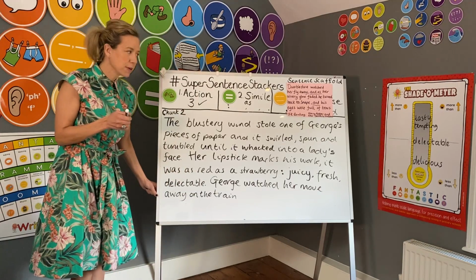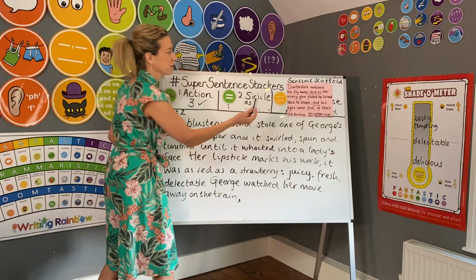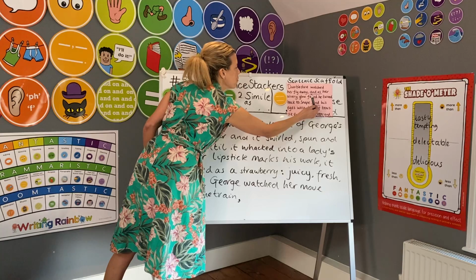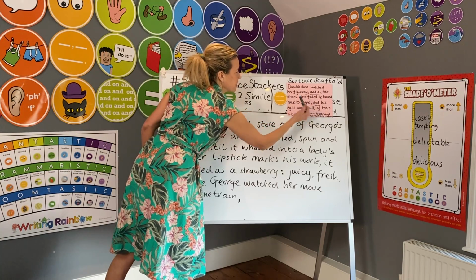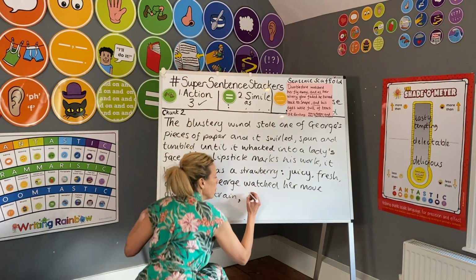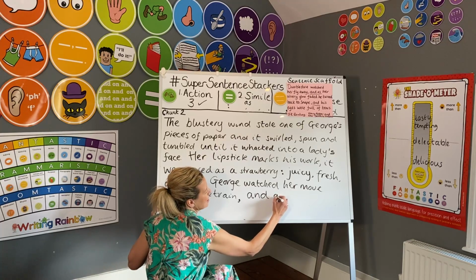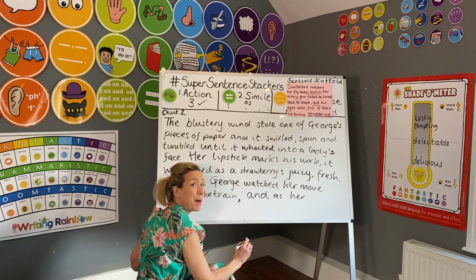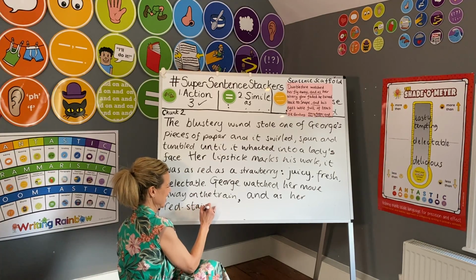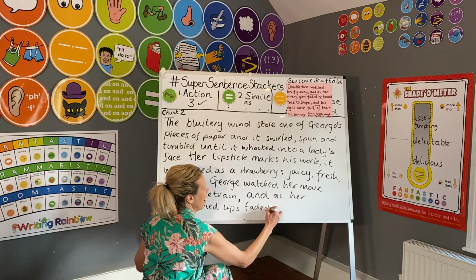What does J.K. Rowling do next? Well, she puts in a comma and she uses the conjunction and as. And as her silvery glow faded, he turned back to Snape. I'm going to lean on that structure, but I need different ideas. And as her, I'm going to go back to the lipstick, and as her red stained lips faded away,